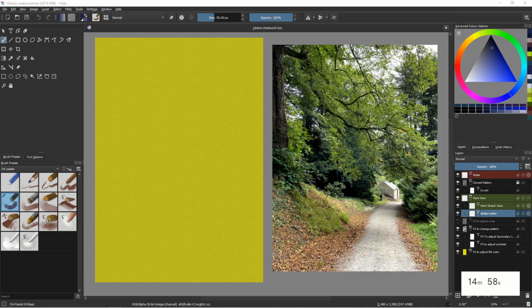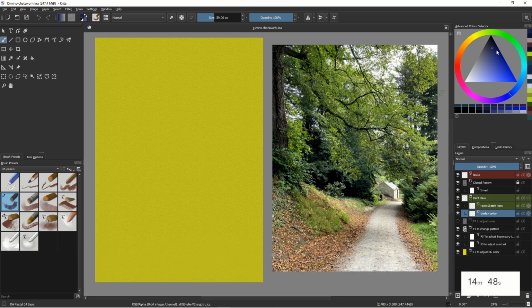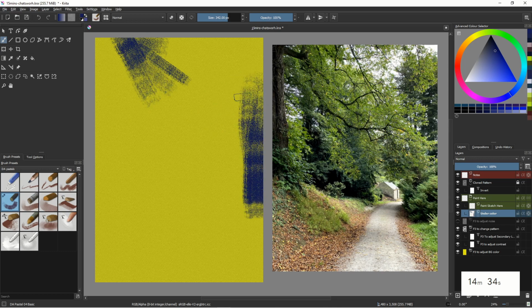Okay, we are now on the clock. We've got 15 minutes. I'm going to choose the basic number 4 pastel. I'm going to get some colours in. Now, blue is complementary to yellow, so I think I might stick with blues and yellows if I could. That might be a nice idea. Just sort of get some of these colours in here. Let's think about